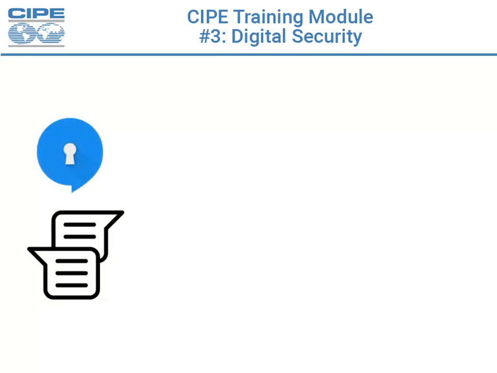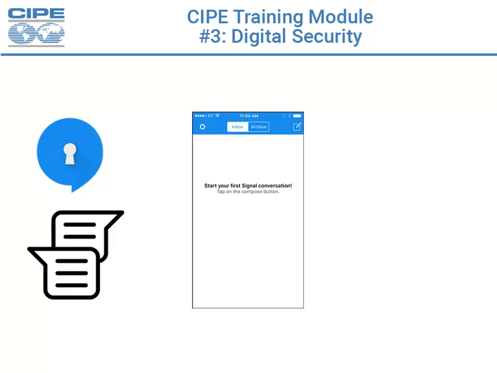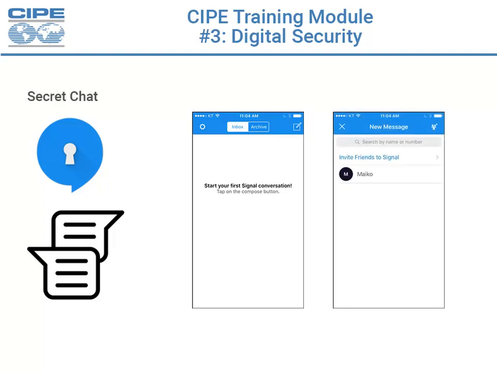So let's look at Signal first. It is as secure as messaging gets. Once you log in, you'll see an array of features you might not be used to. You can establish a secret chat with a colleague. Messages cannot be forwarded from secret chats. And when you delete messages on your side of the conversation, the app on the other side of the secret chat will be ordered to delete them as well.